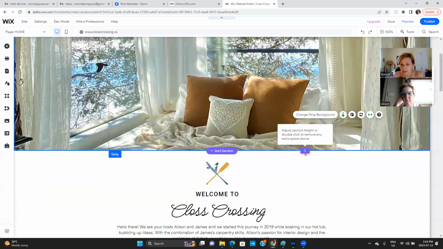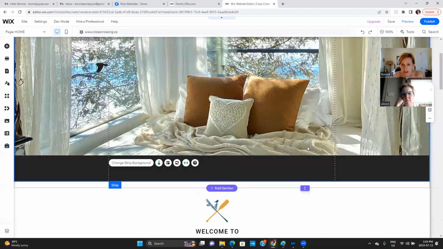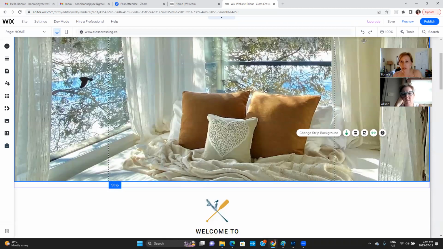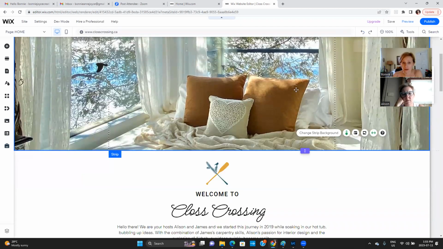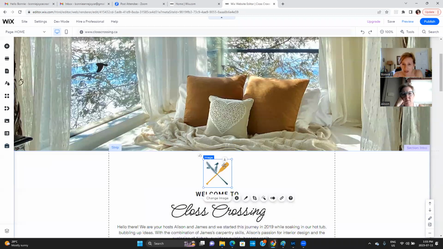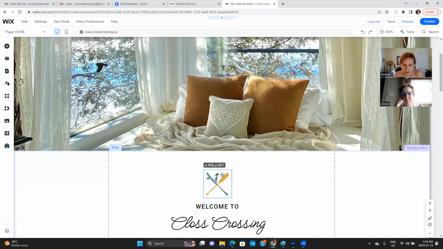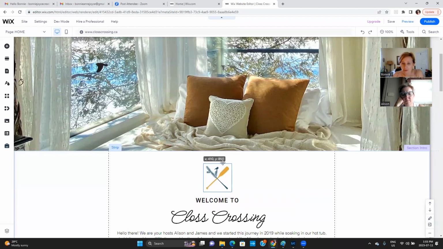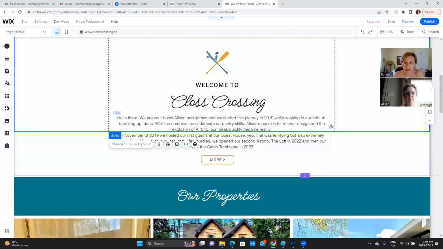So if I click on this and I want to make it bigger, I can drag everything larger or smaller by using the edges of pictures and the edges of everything. So even this little image here, if I double click on it, there's a little arrow, and if I pull it down, it will move everything below it. So if you wanted to add something above it, just click on the top thing that you want to make space above and pull the little arrow down and it'll make space below.